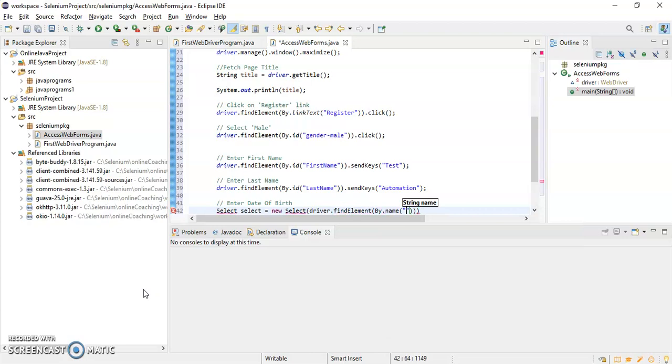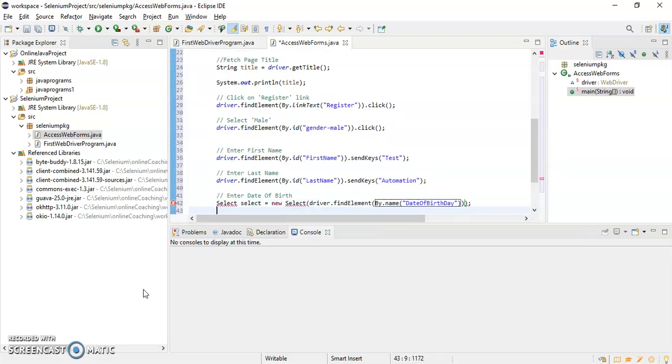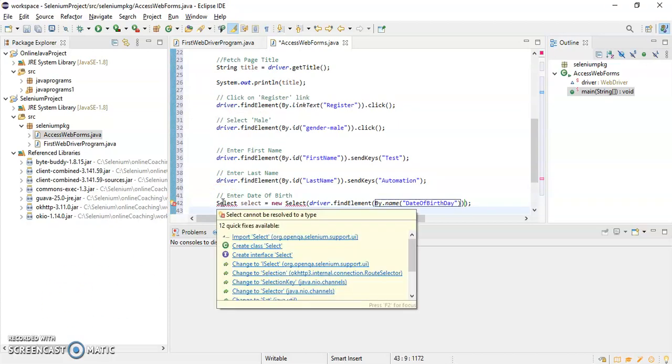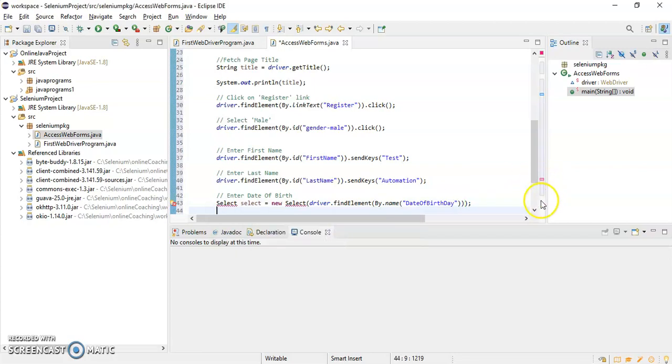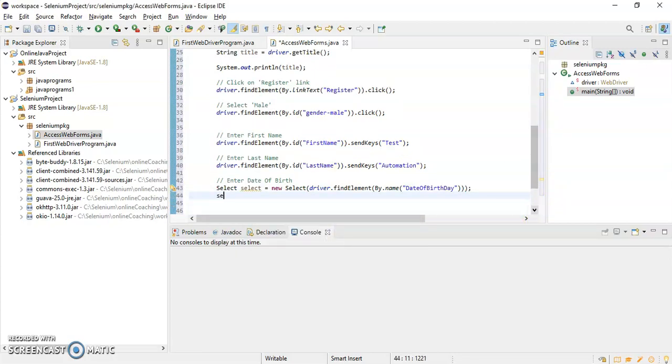So its name is date of birthday. So I have to import this select class. If you mouse over, it will suggest you to import. It is coming from org.openqa.selenium.support.ui package.